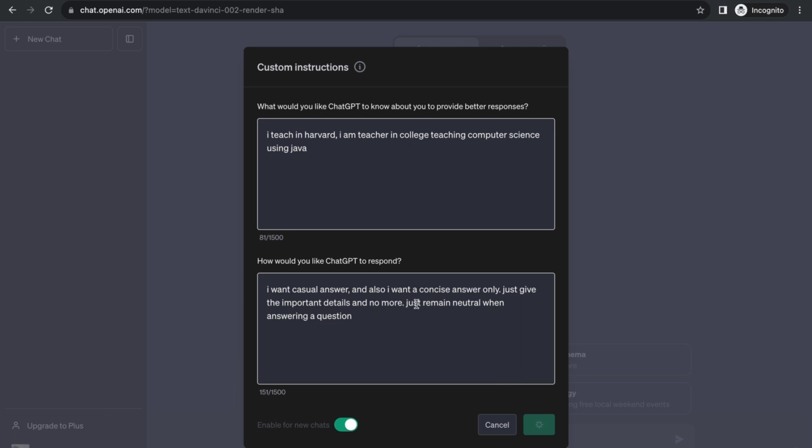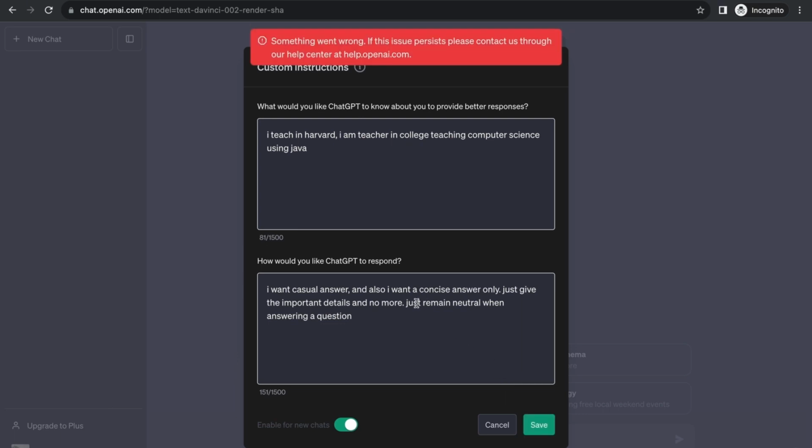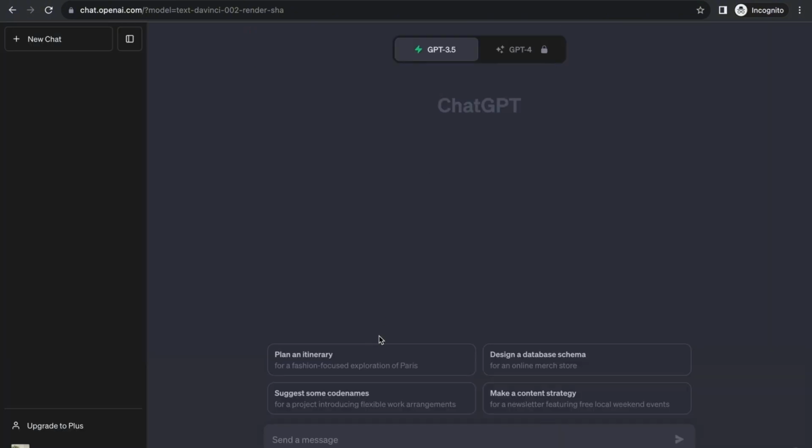As we are waiting, it's just gonna load up our instructions. So as you can see, there's an issue, but there's a lot of users right now, so it can be placed there in a matter of time. So let's say I want a code in Java. Wait, we already have mentioned that we're working on Java. So let's see if it works, that it will give us a Java code